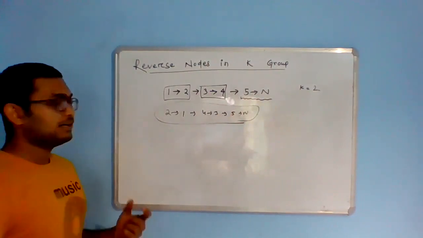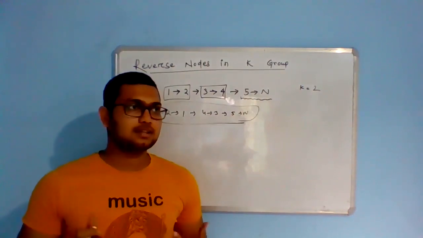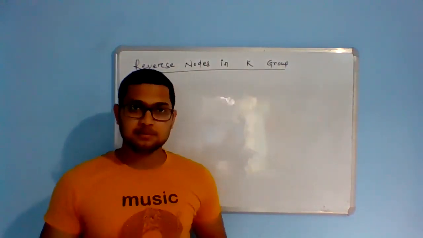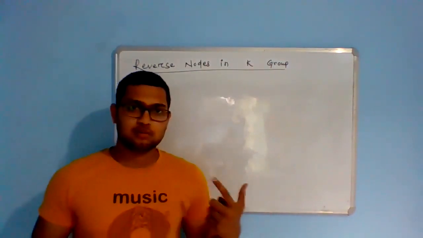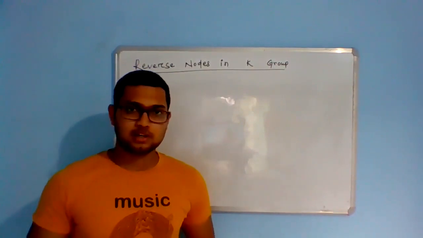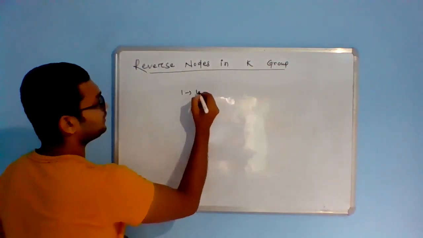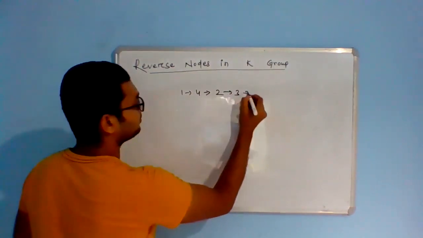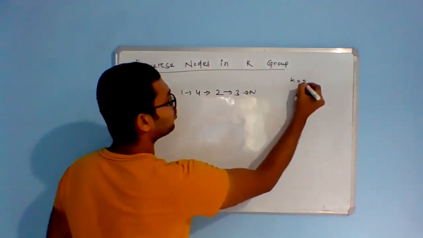Alright guys, so it is pretty much clear, I guess. So let's think how we can solve this particular question. Let's take a very simple example to solve it. Then we will be able to solve even bigger examples. So let's take only, let's say, 4 nodes. Let's try to solve it. Let's say here the k is equal to 2.